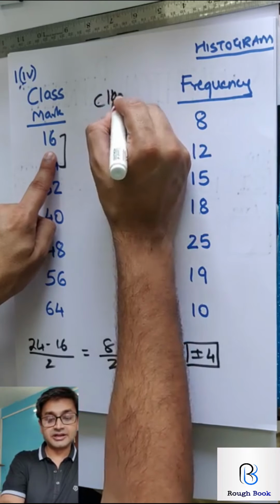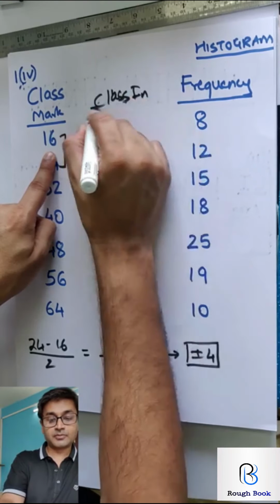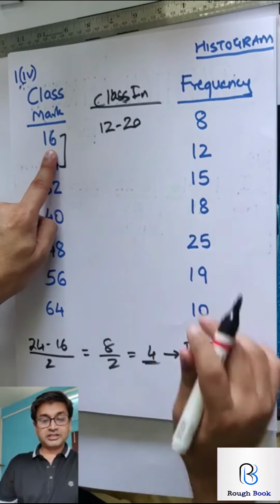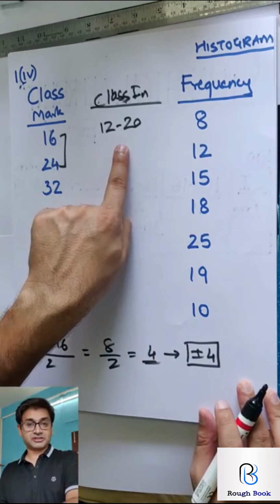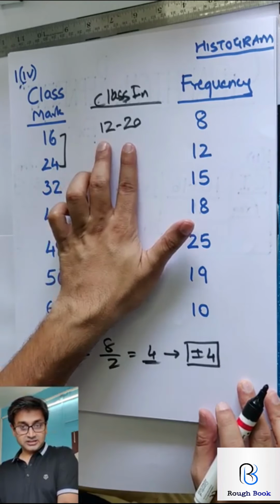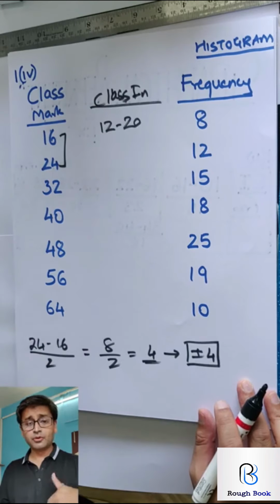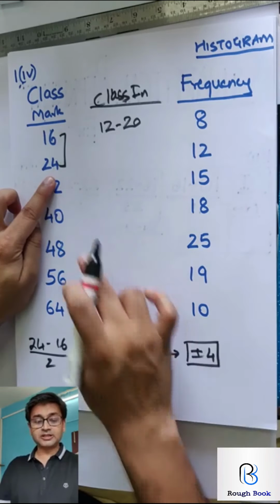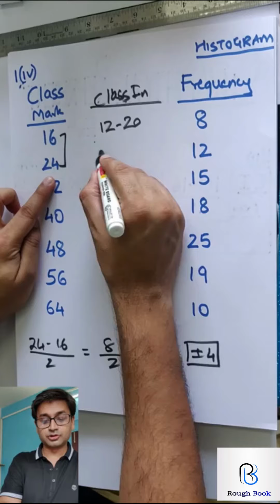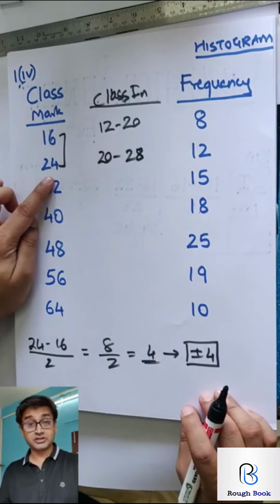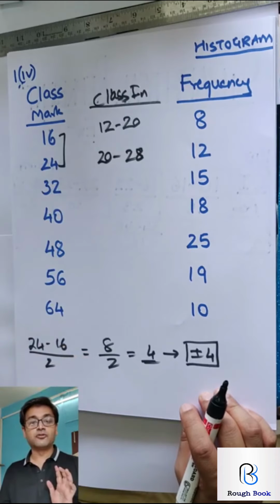So this is the class interval we are trying to find. Alright. So minus 4 will be 12. Plus 4 will be 20. So I got my first class. This class, check out the class interval, the answer will be 16. If you want to still be sure, do the same plus or minus 4 with 24. So 20, 28. Did you get this connected as well? Yes, you did. That means now everything is going to fall in place.